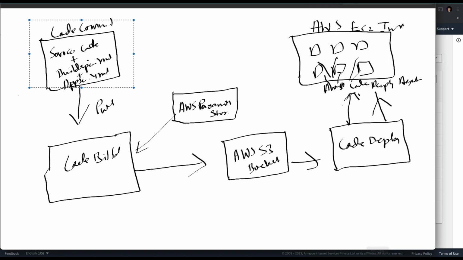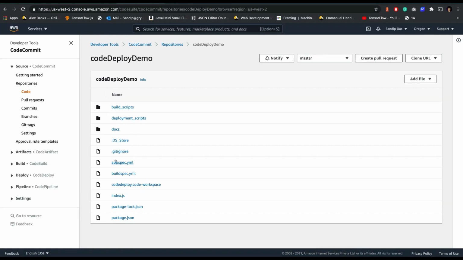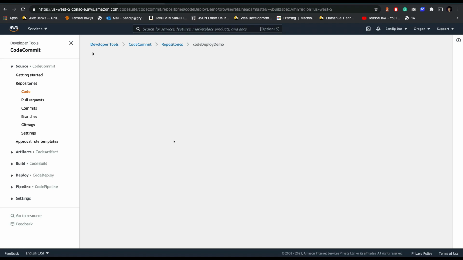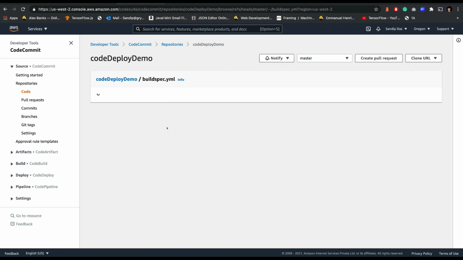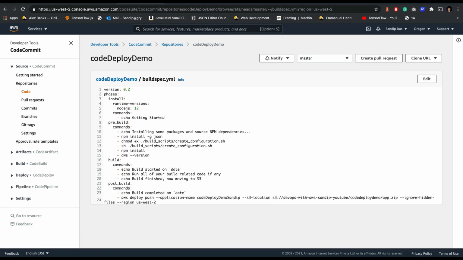In the source code we have this buildspec.yml and appspec.yml. Let me show you. This is the buildspec.yml and appspec.yml file. So what is in it? First is the buildspec. If we go to the buildspec.yml file, there you will see the phases. In the install phase, I'm using the Node.js runtime version image, and in the pre-build phase itself I'm pulling all the variables, already available in the CodeBuild phase, from the AWS Parameter Store.